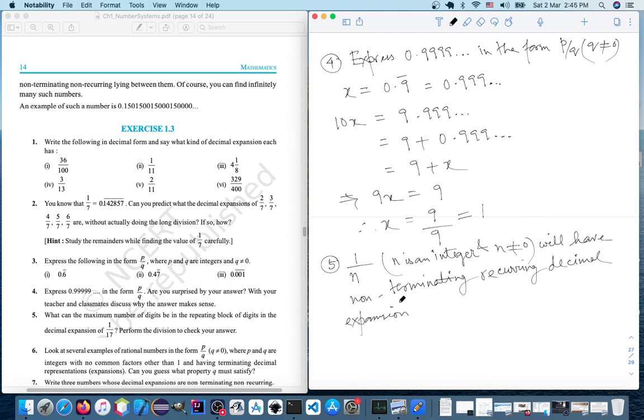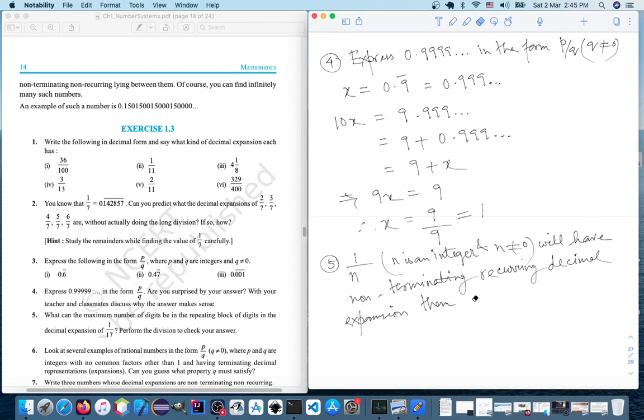1 by n may not have a non-terminating recurring decimal like 1 by 2. No, 1 by 2 is 0.5. So if 1 by n, for some integer n, has a non-terminating recurring decimal expansion,